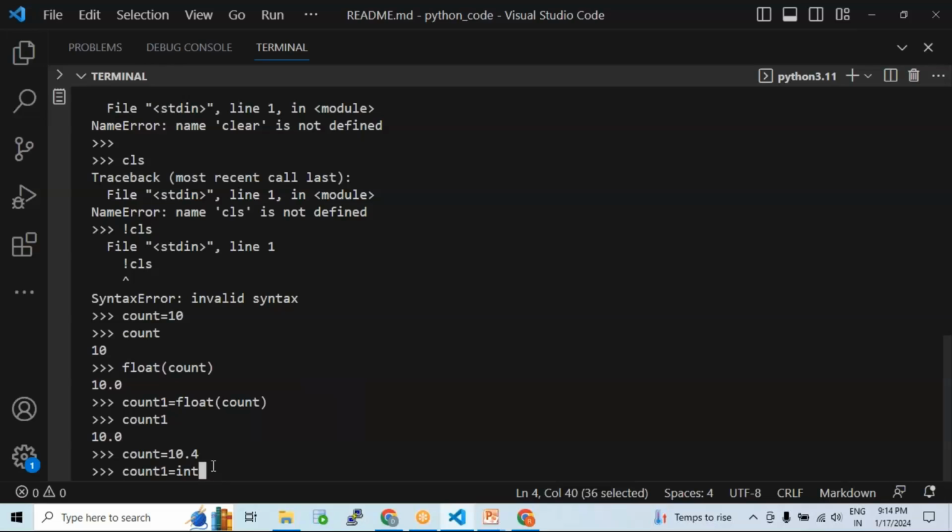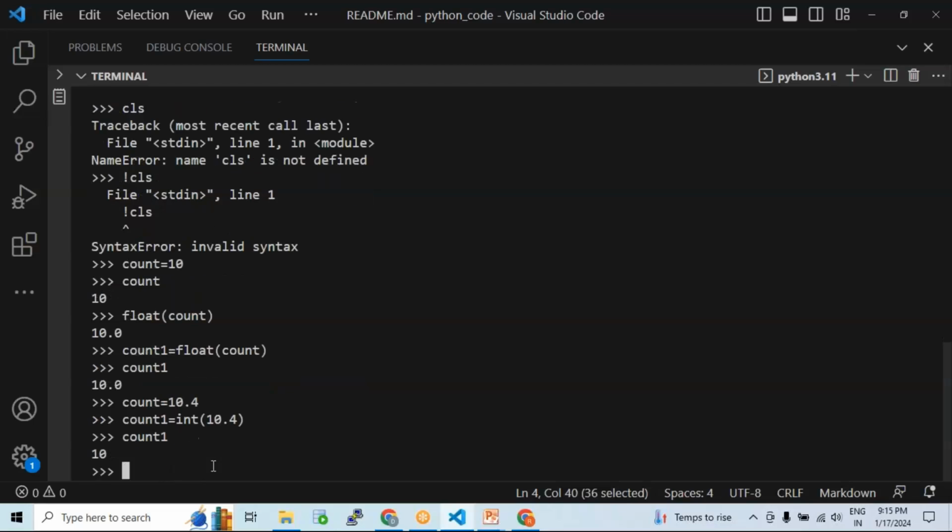Int is a built-in function which can always be called using parentheses. Inside the parentheses, you need to specify the value. You can give the value directly. You can see count1: I gave the value 10.4 to my int built-in function. The int built-in function converts this floating number into an integer number, and that result is given to the variable. Now when I call that variable, I can see the value as just an integer, and the .4 is